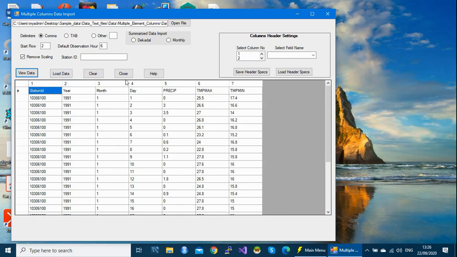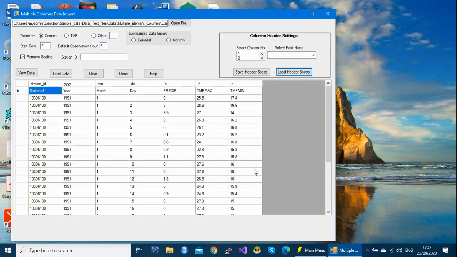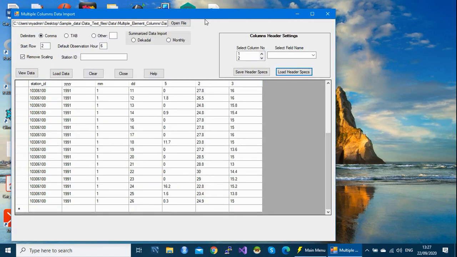Instead of matching the headers one by one, since we have saved them, we just click on the load header specs button to put them on top. Select it for daily, put on top. As you can see now, it has replaced the existing numbers. So now we are ready to import our data.